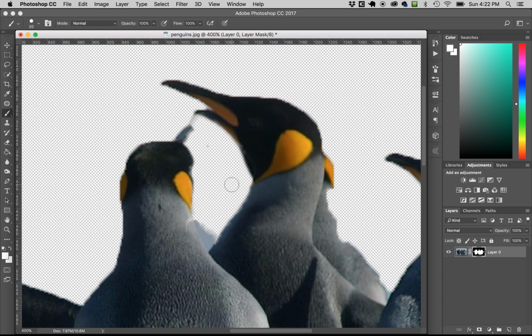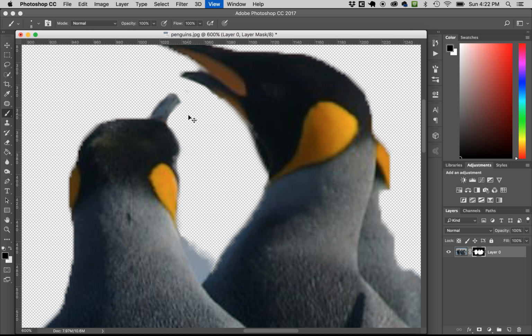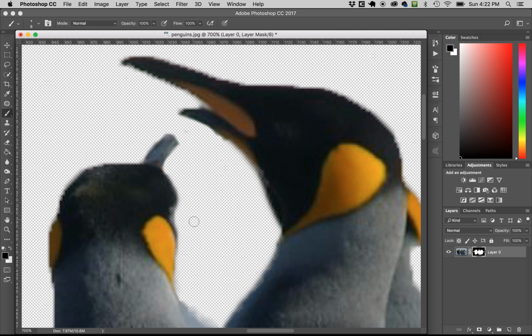So now that I have it white, I'm going to be painting in things. So look right here, I'm painting in this area. Let's say I paint in this area, right? Now I didn't want to do that. Let me turn it into black. And you could select black. Actually, the D and X keys really work well for changing the black and white and changing the foreground and background. But you notice if I paint with black, then I start hiding those pixels, right? And I can zoom all the way in and make sure everything is very pixel perfect,